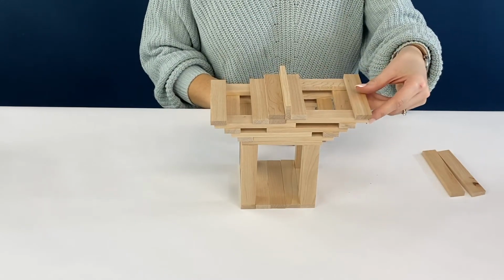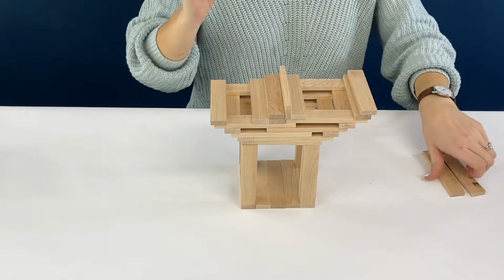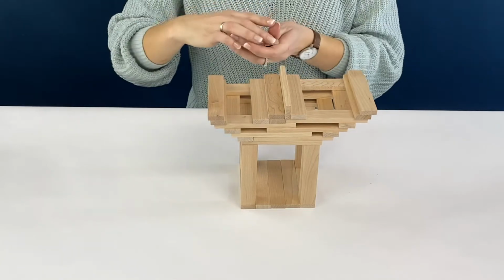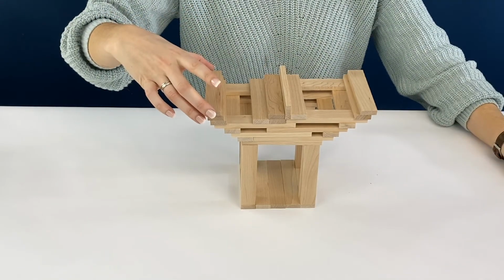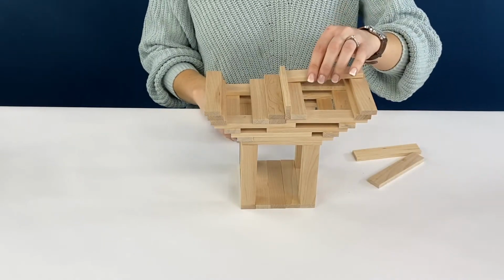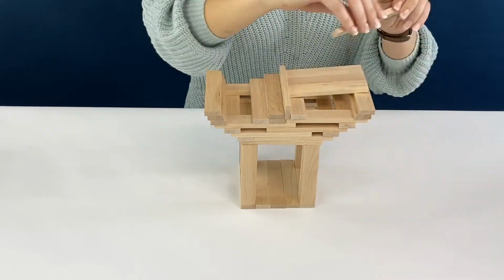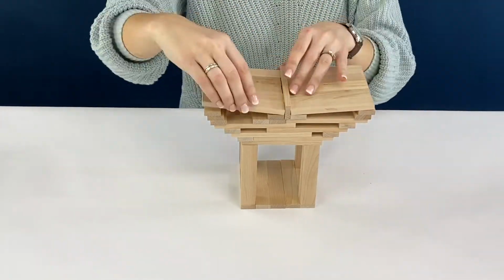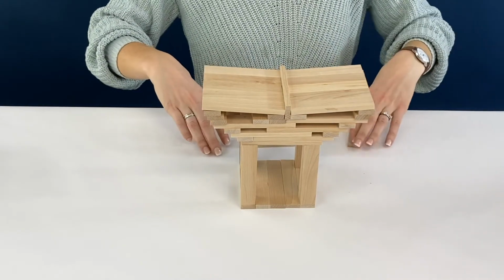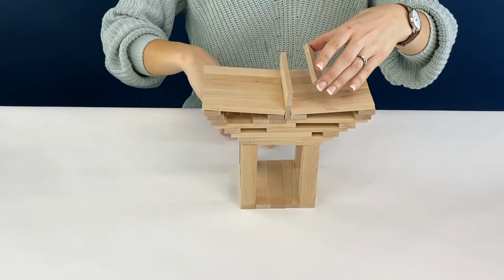And then I'm going to create the overhang with 2 planks, just ever so slightly extending out. Now I'm going to create the angled roof, so taking 5 planks and setting them on both sides. Now you can add some decoration to the top of the roof. You can either put some planks in the middle and angle them,